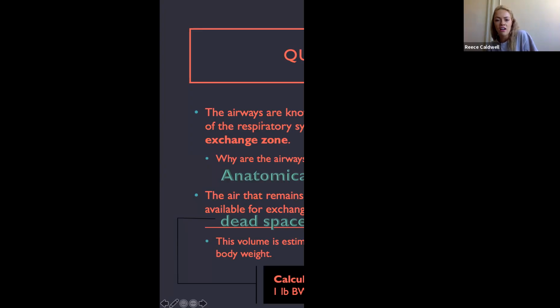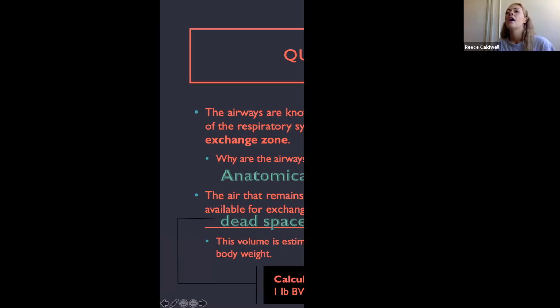The conducting zone is all of this from the nose or the mouth that conducts air through all these tubes into the alveoli. So the exchange zone is the alveoli, and that's where we actually have the exchange of carbon dioxide and oxygen. So you breathe air in through either your nose or your mouth. It travels down all of these structures, the trachea, the bronchi, the bronchioles, and then we hit the